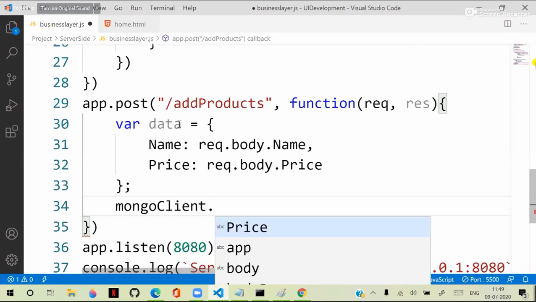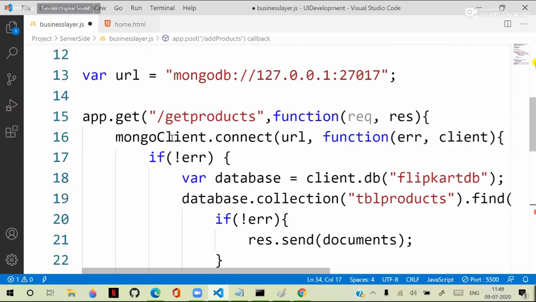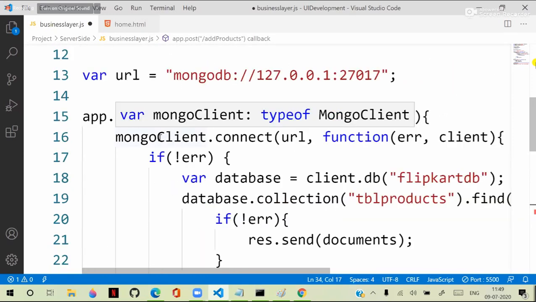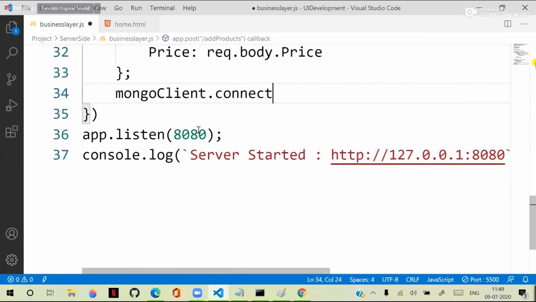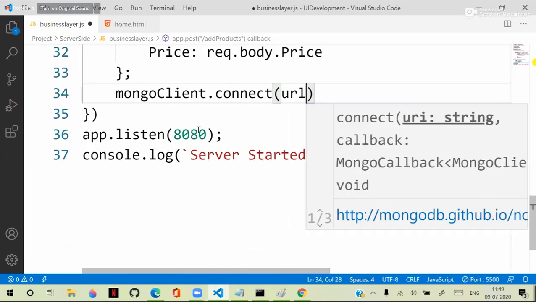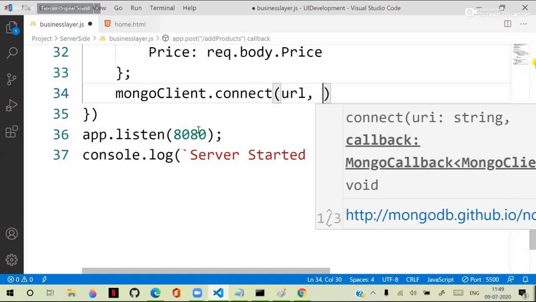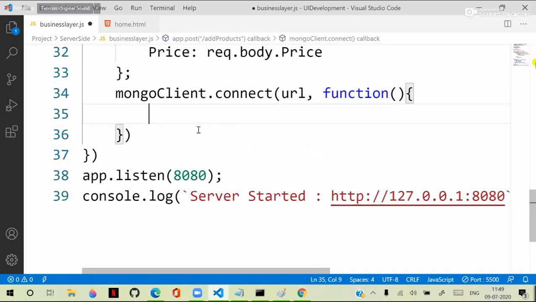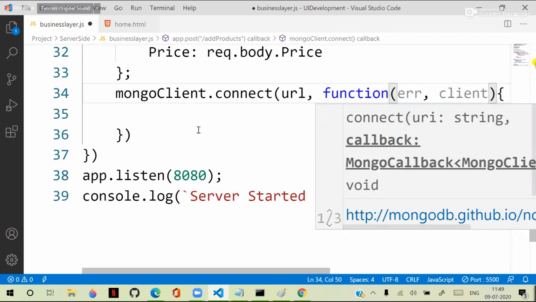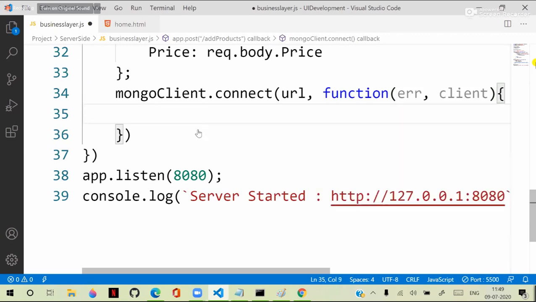Mongo client. It has to connect with the Mongo client and configure everything the same. That means here Mongo client has to use connect. Again, it should connect with that URL. Then we define a callback function here. This callback function has error and client. Now what we are doing is, if not error,